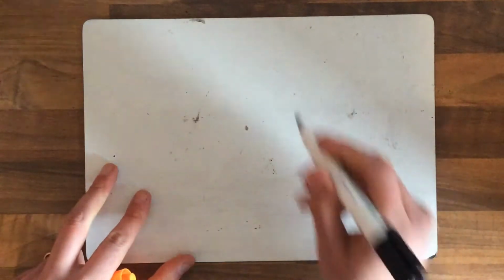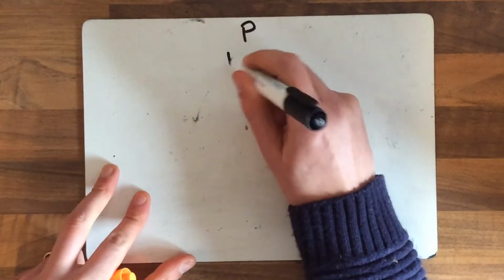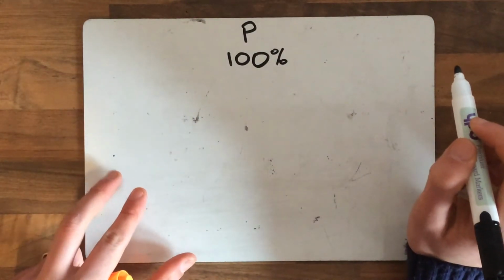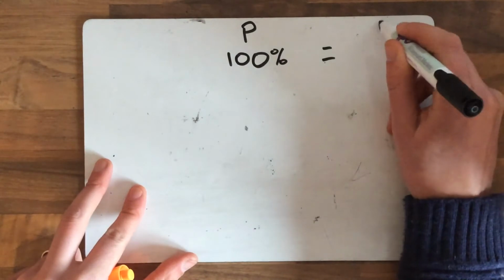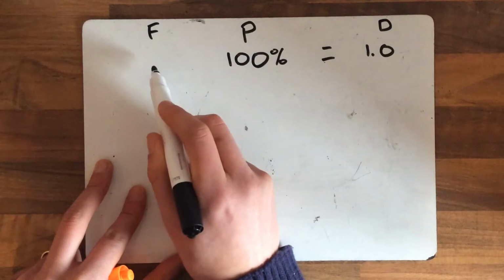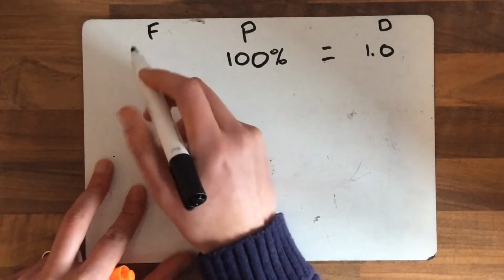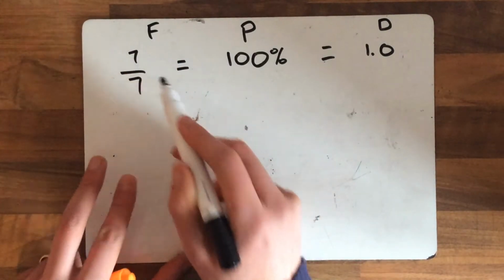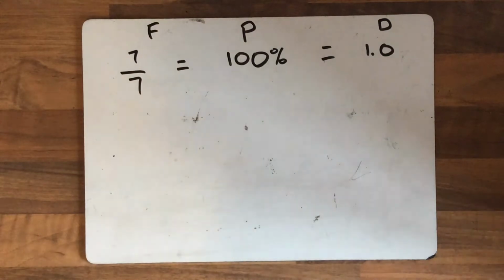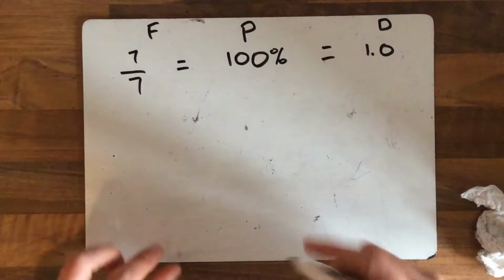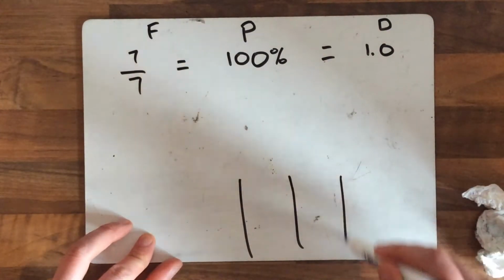So a little recap from yesterday, remembering that percentage is out of 100, displayed with the percentage symbol, and we looked yesterday at equivalent decimals. An equivalent fraction is anything where the numerator and the denominator are equal. So we could do 7 over 7, but this could be any numerator or denominator that are identical. We also looked at converting them using the place value grid, which we had down here